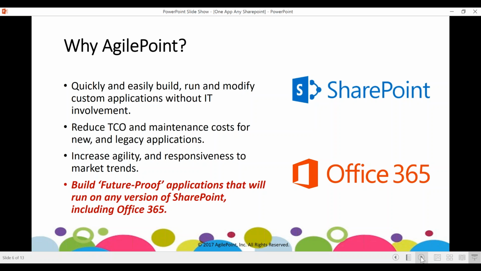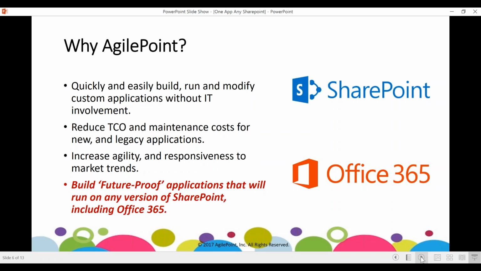It allows you to work alongside IT, right, as opposed to underneath IT when it comes to building these custom apps. On an ongoing basis, kind of as we just alluded to here, perhaps when we're migrating SharePoint versions or moving to the cloud, right, the TCO of these AgilePoint applications are going to be much lower. We're not refactoring the entirety of the application. We're not changing every single step or action in a workflow. Or maybe changing the data storage mechanism, right? Changing our access token from SharePoint 2013 to SharePoint 2016, right? Other than that, the application works exactly as it should without any other effort on your end.